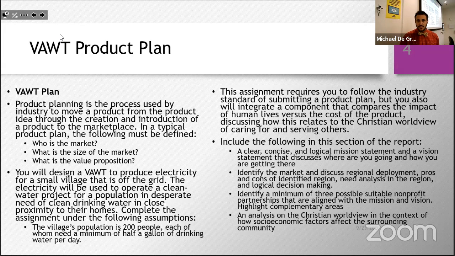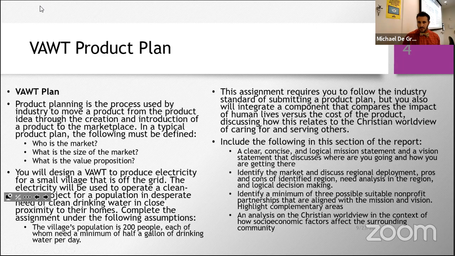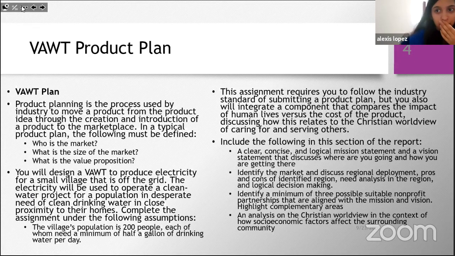So, what do you guys think would be the most important thing that you would want to consider if you're trying to deploy a vertical axis wind turbine somewhere? What is the one thing that you absolutely need, otherwise it will not work? What's the one thing that is essential for the operation of a vertical axis wind turbine? Anybody? It's in the name. Wind. You don't have wind,